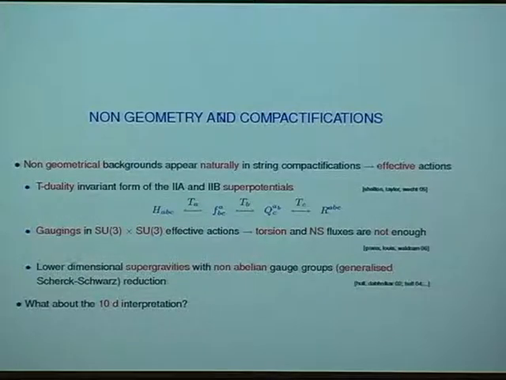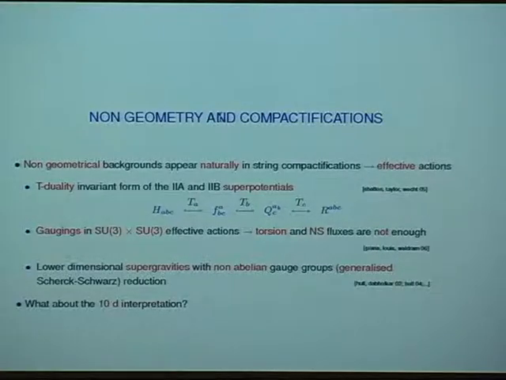For instance, Shelton, Taylor, and Wecht prove that if you want to have superpotentials in type IIA and IIB which are invariant under T-duality, you need to introduce extra fluxes, let's call them, on top of what we already have, the torsion and the Neveu-Schwarz flux. And these fluxes can be interpreted as subsequent T-dualities on the Neveu-Schwarz field. They are non-geometric because you see that you need to perform T-dualities on more than one leg on the H